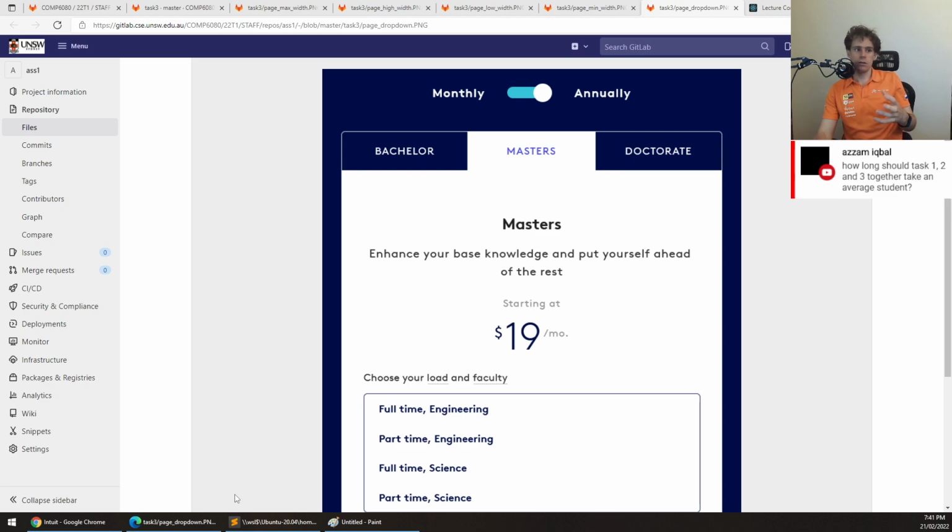But it's hard because this is the challenging thing, right? When you ask how long tasks 1, 2, and 3 should take an average student, you're essentially asking how long it takes an average student to finish everything perfectly, which is like asking how long it would take an average student to get 100% on an assignment. That's the hard element of the question, if I'm making sense. But I would say your average student could get an average mark on tasks 1, 2, and 3 with